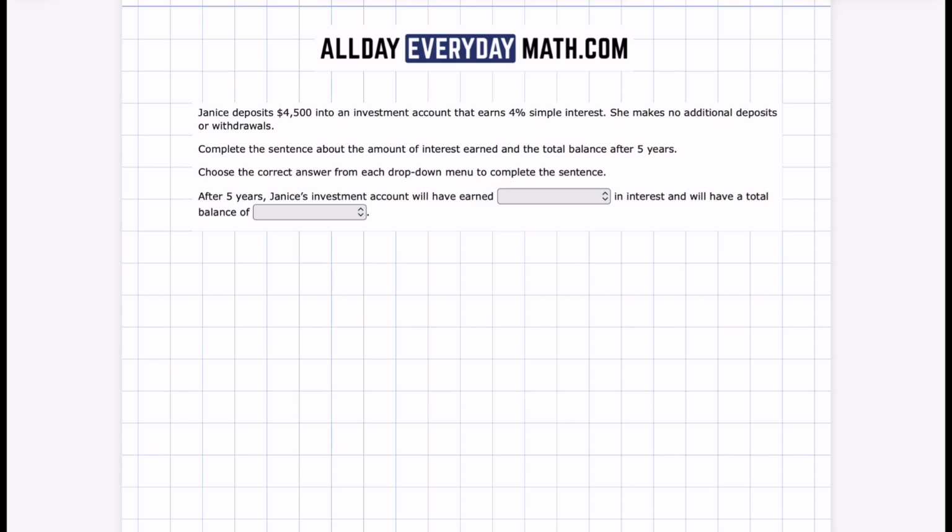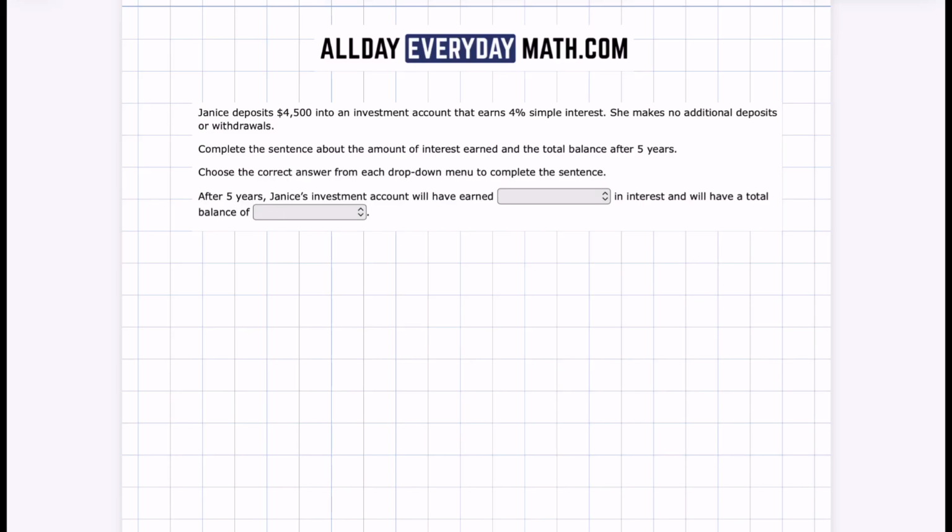This is number 2 from the 2025 8th grade math STAAR test. It says Janice deposits $4,500 into an investment account that earns 4% simple interest. She makes no additional deposits or withdrawals. Complete the sentence about the amount of interest earned and the total balance after 5 years. So after 5 years, Janice's investment account will have earned blank in interest and will have a total balance of